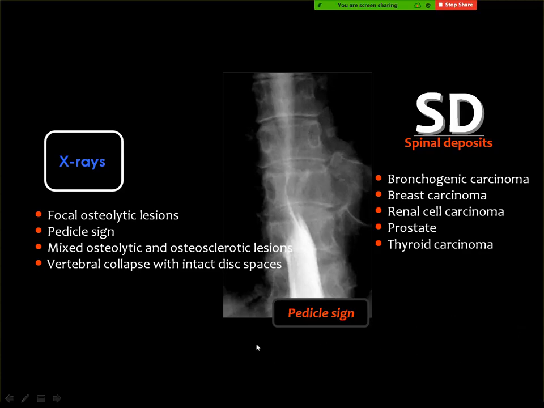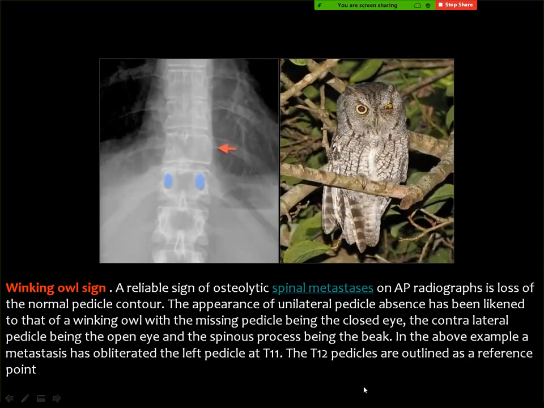Then, in the early days of the plain films, we used to see these films in the exam, and you can see what is known as the pedicle sign. If you look carefully here, you may see the pedicle on either side, but here you can see the pedicle, and on the opposite side, you see that the pedicle is effaced and is replaced by this tumefaction. Then we used to diagnose this as